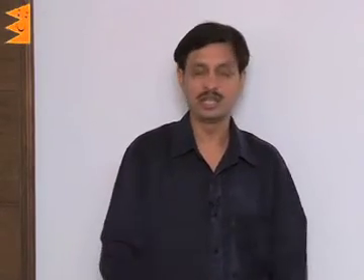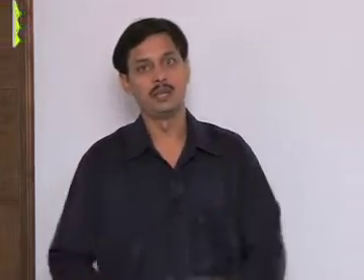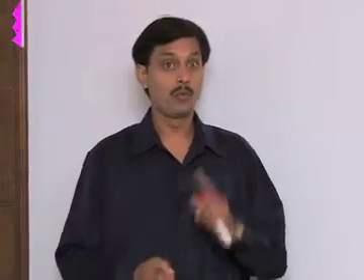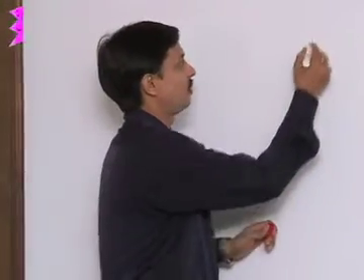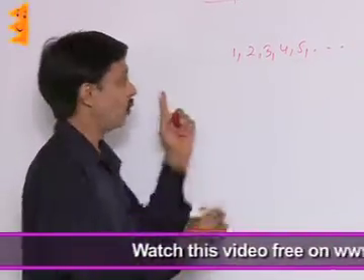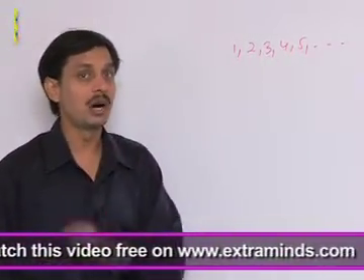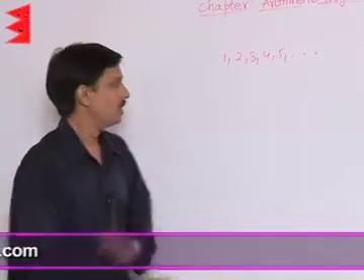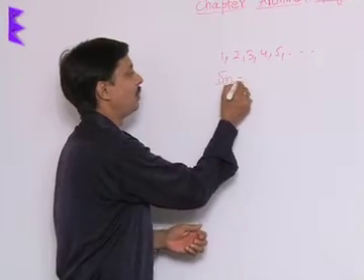Now I would like to tell you a few important fascinating facts of arithmetic progression which you will really enjoy. Suppose somebody asks you the sum of the first 100 natural numbers, first 50 natural numbers, first 10 natural numbers. When we say the first natural numbers, it means the numbers start with 1, 2, 3, 4, 5 and so on. The series of natural numbers is an arithmetic progression with first term 1 and common difference 1.